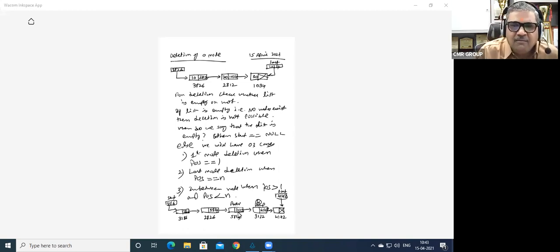Because to delete this node, I have to access the previous node, whose address part, 3132, has to be overwritten with 4142. Where is 4142? It is in the address part of temp.